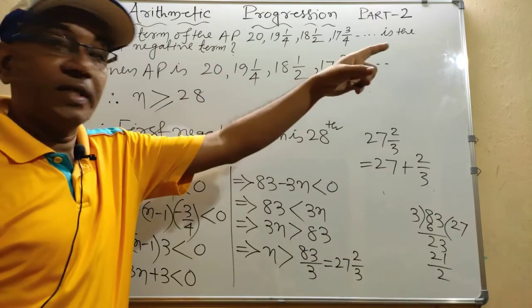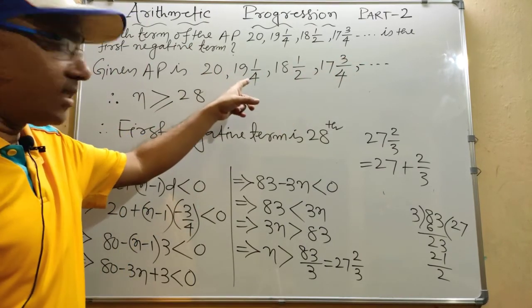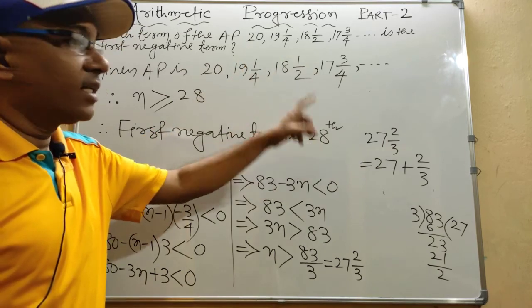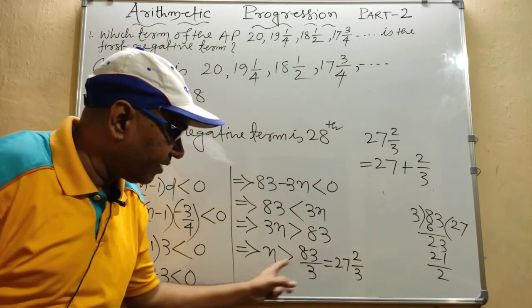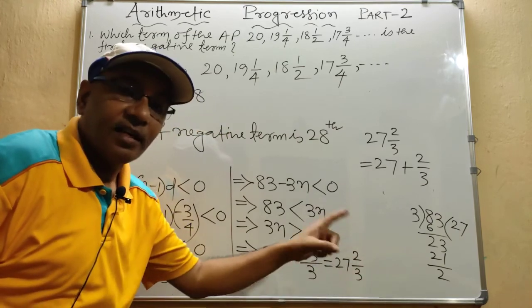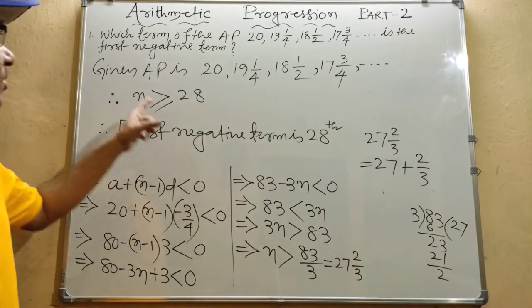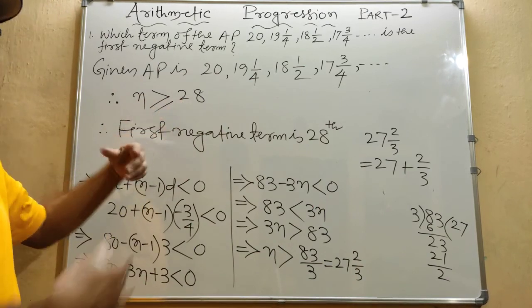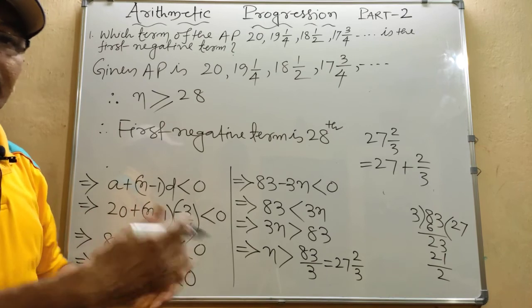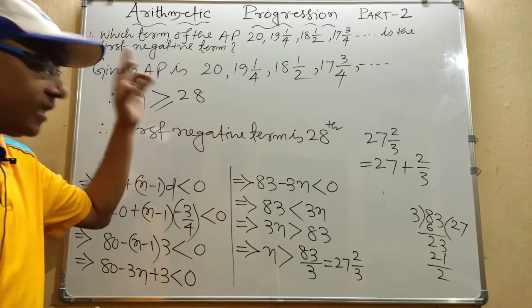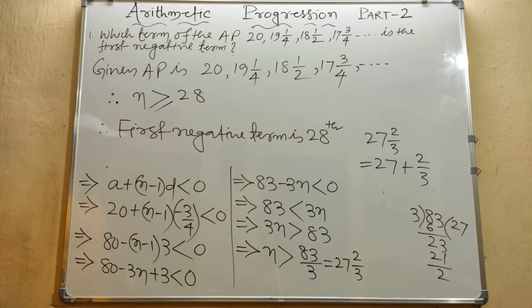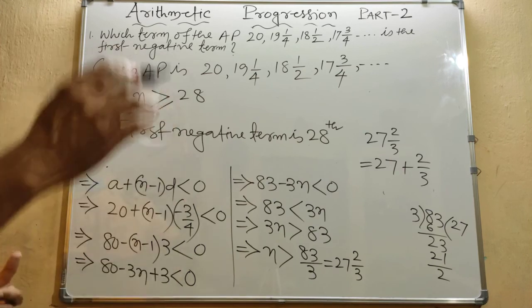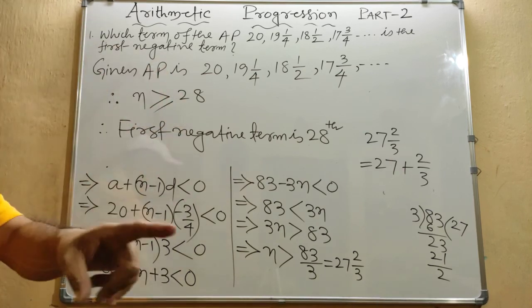You can find the 28th term. First term is known, common difference is known. You find the 28th term, it will give you -1. So in this way we can solve this question. The value of n should be a little more than this, so the round figure just after it is 28, so n will be 28 or go beyond. Everything after 28 will be negative, so the first negative is the 28th term. n denotes the number of terms, which term is negative. So 28 onward all are negative, so 28th is the first negative term.